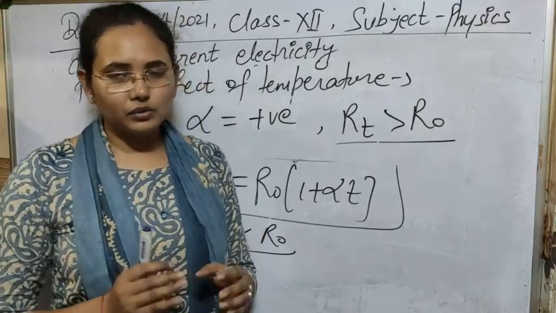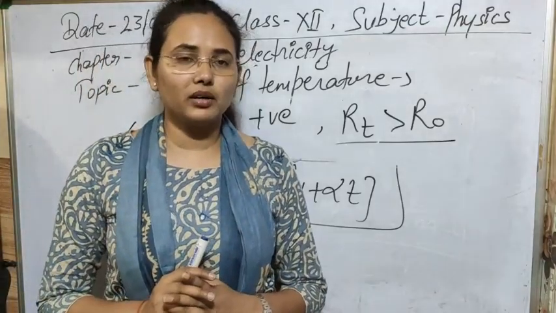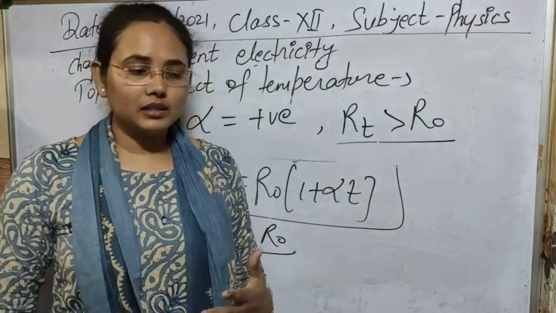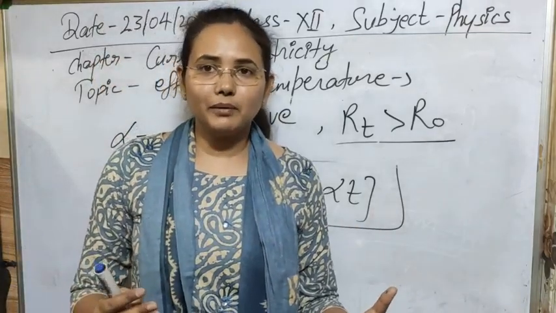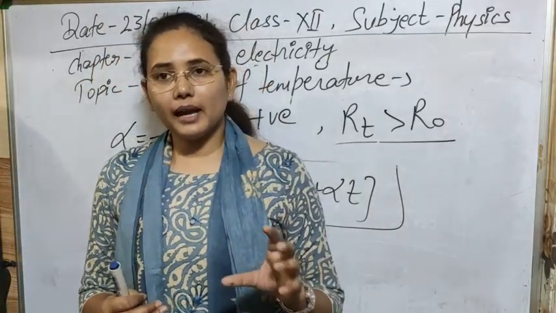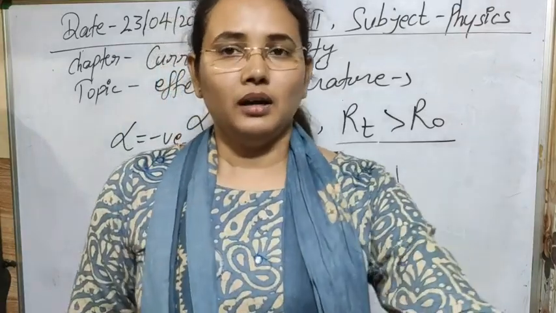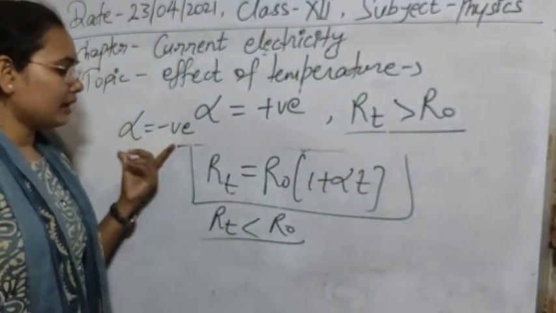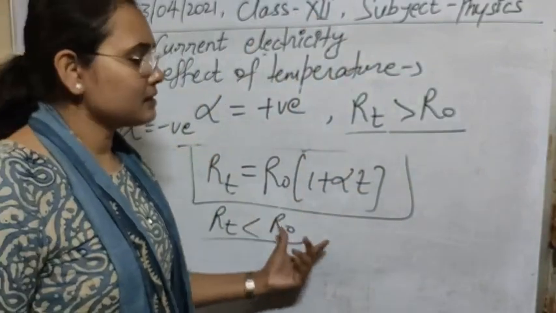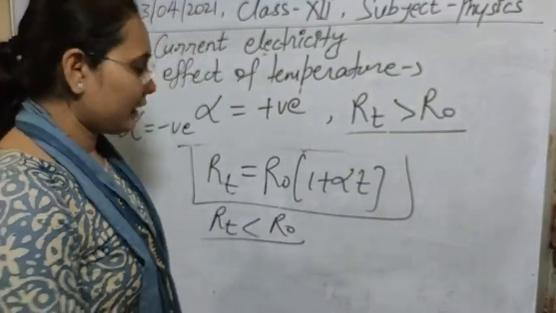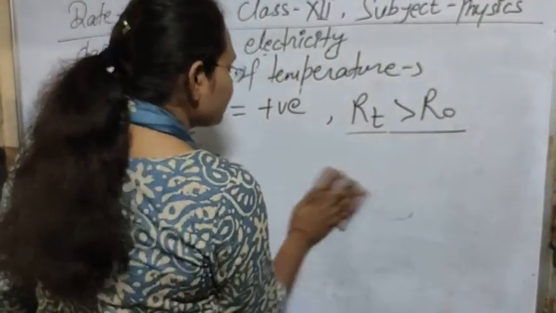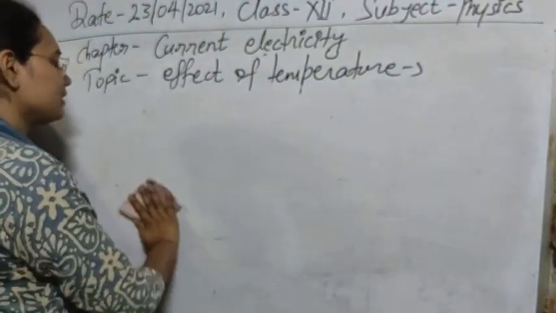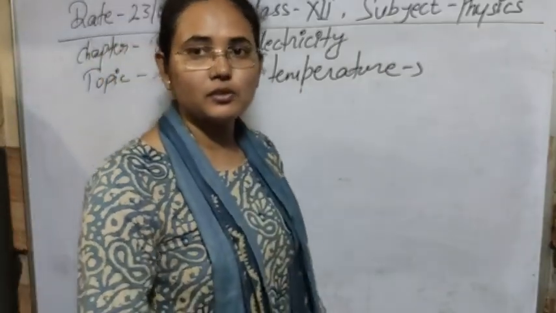The reason I already told you with the help of the electron model, which is very easy to understand. If we increase temperature, there are already very few charge carriers, so most of the energy that the system will use goes to generate more carriers. As for a semiconductor alpha is negative, its resistance decreases with increase in temperature. In this way you can distinguish any kind of material that is given to you, by checking whether the temperature coefficient of resistance is positive or negative.